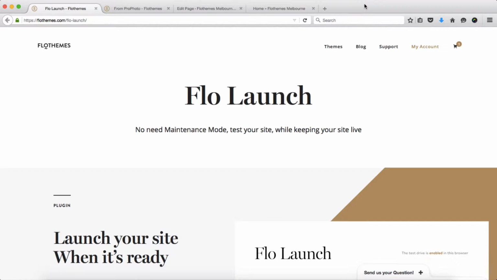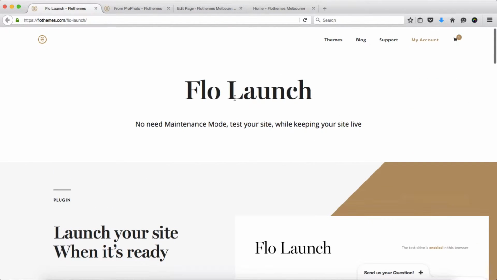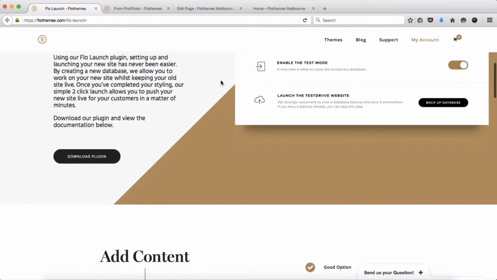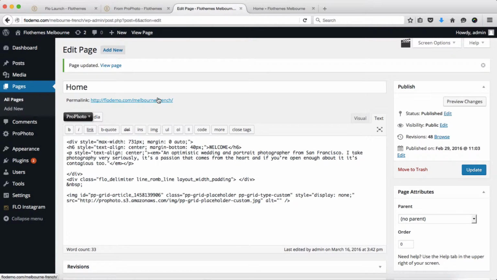Alright, so first of all, you will need to download our plugins. You'll need to go to flothemes.com/Flolaunch, download the following plugin, and then you'll also need to download our Profoto plugin, which can be found on our website as well. So assuming that you've already downloaded the following plugins, let's go on over to the backend